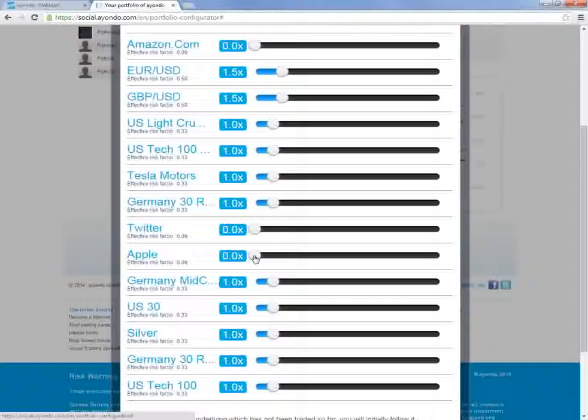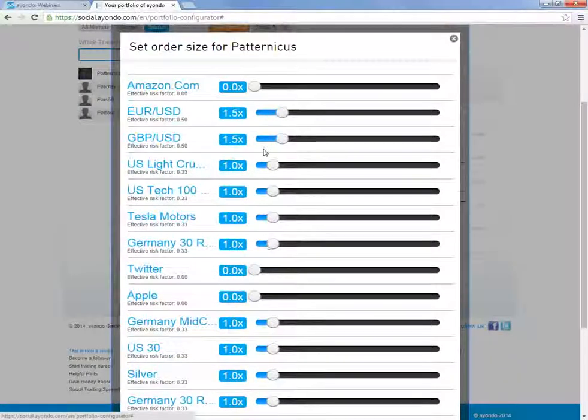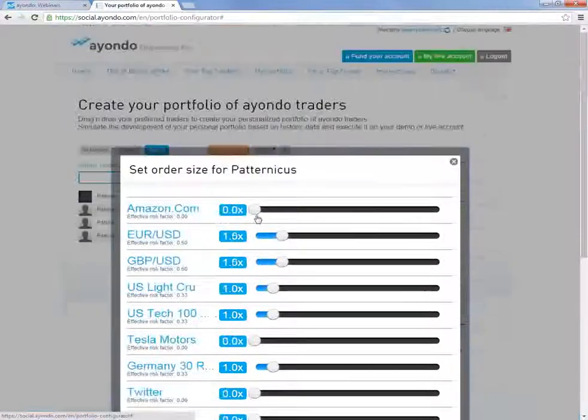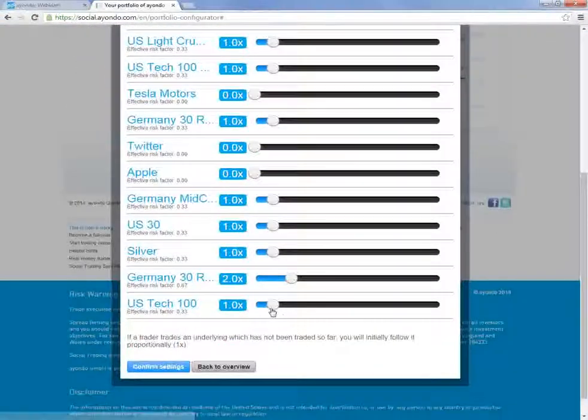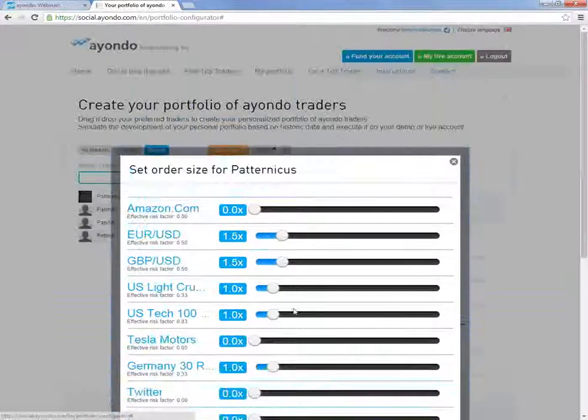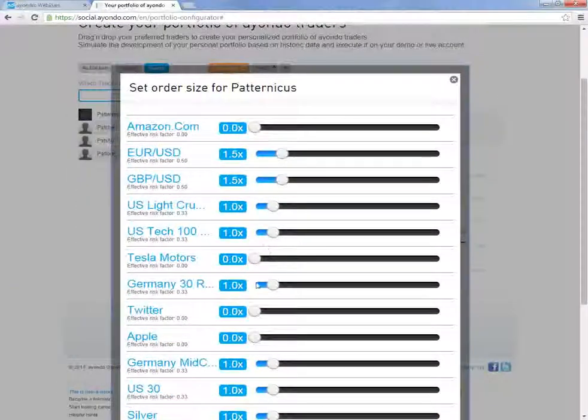Just gives you that flexibility. So what I've done here is 1.5 times in all currencies, and I could also decide that any indice positions that he trades, I might want to copy those 2 times. So I can simply go through, adjust all the parameters here,